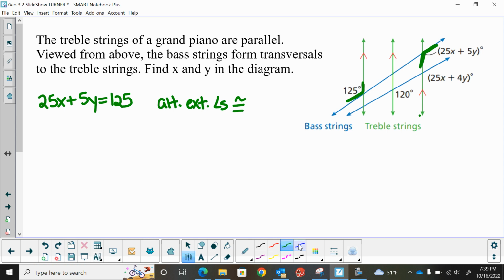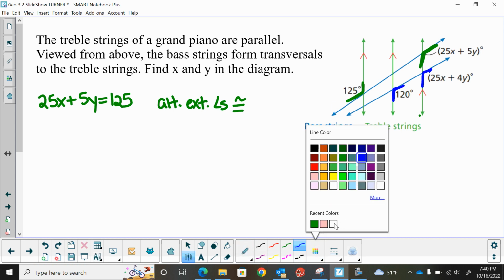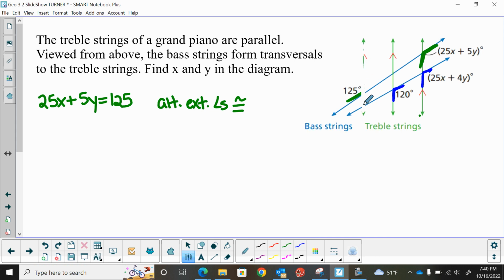All right, then let's take a look at our other angles. Notice in this middle green line, we have a 120-degree angle. And then on the right green line, we have a 25x plus 4y degree angle. So now on this one, we can ignore this whole left green line, we don't need it. And the top blue line, let's ignore that for a second. If we just focus on this bottom blue line as the transversal,